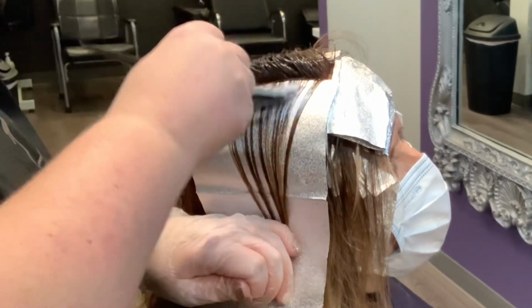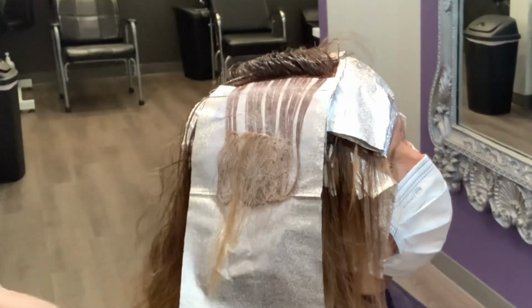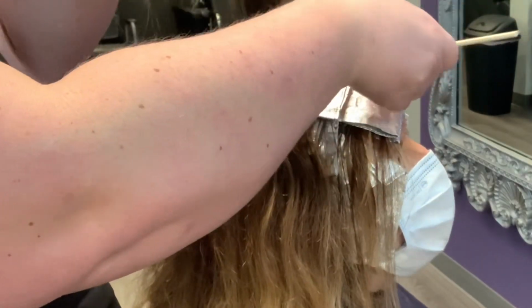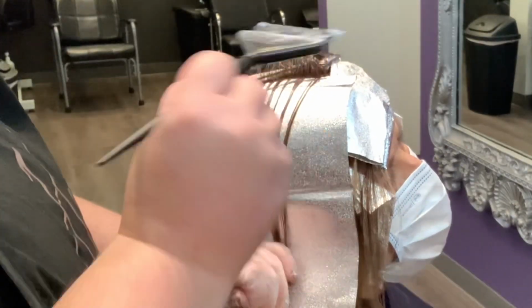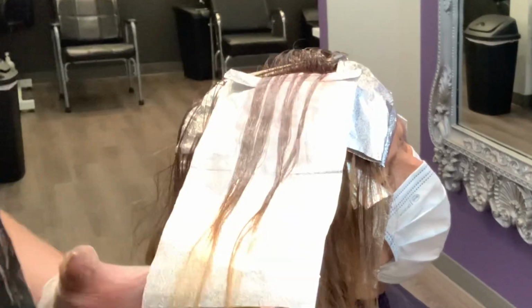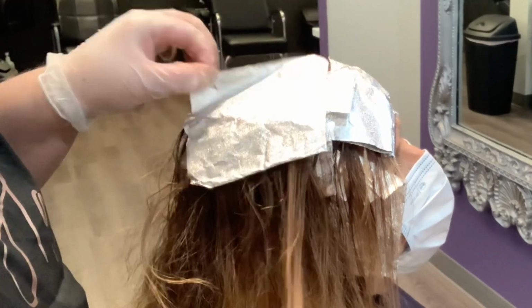I feel like anytime that you have to go through and move the foils around, you're at risk of causing a lot of bleeders, or lifting the foils and pulling them, so then they're not going to be directly on the root, and you're going to have the appearance of grow out. I've watched other people do the highlights, and then they move the foils back and forth, and it's tugging and pulling on them, and by the time they're done with their service, they have almost half an inch of grow out from their highlights because it's moved that far away from the roots through moving them around, trying to hit the roots with the grow out color. So that's why I like to do my root retouch color first